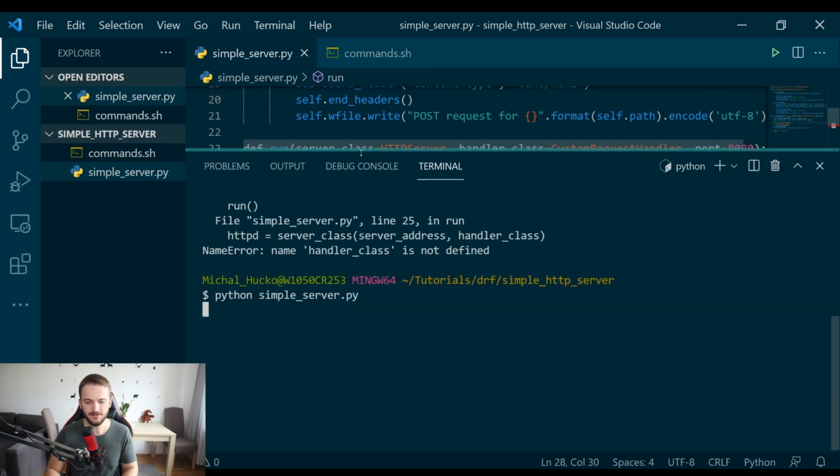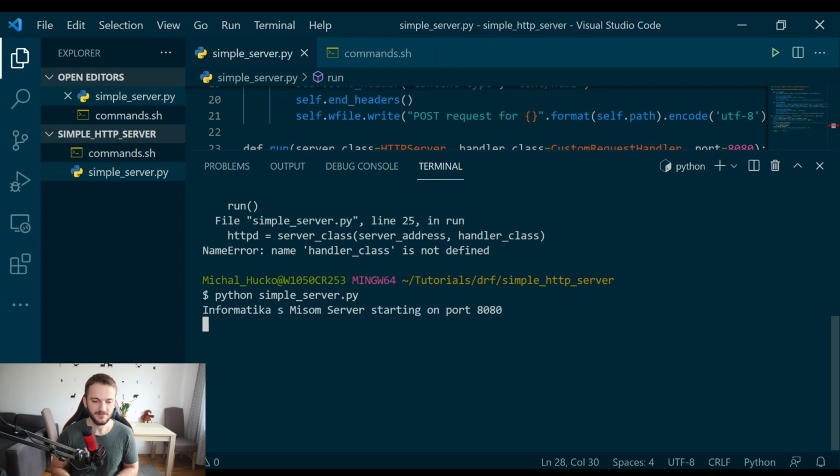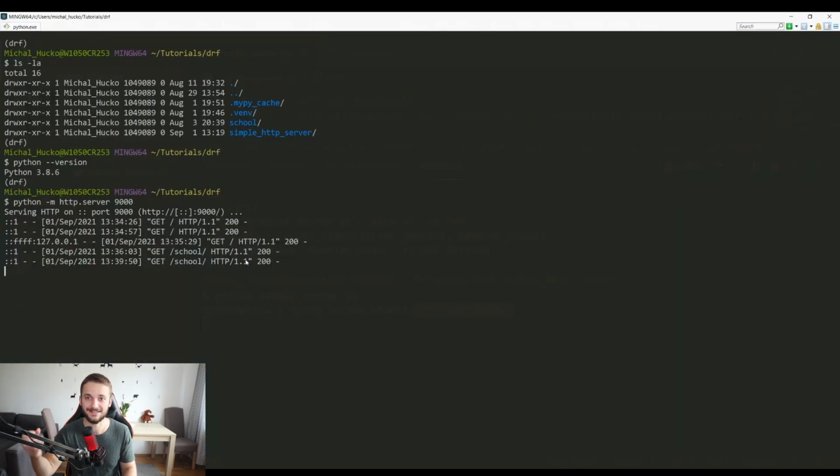And when we run it again, you will see that the server is starting on port 8080. This is just my fancy name in a different language. Yeah, and it's saying like server is starting on port 8080. Now, notice one thing. In one tab, I'm running this on port 8080, but in the other tab, I'm running the previous one, the simple HTTP server on port 90. So if I go to my